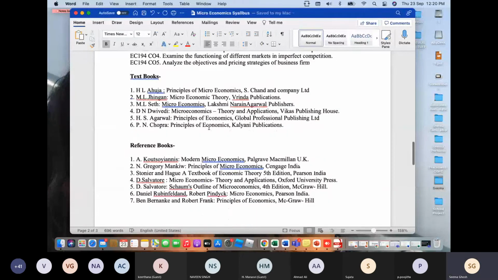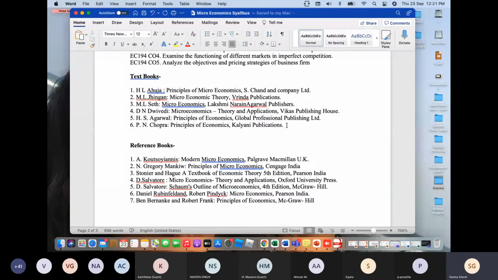Students, this is the textbook and the reference books. Depending upon your requirement, you can buy the textbook. The textbook that we usually follow is P.N. Chopra, Principles of Economics, by Kalyani Publishers. This is the book we follow, and that book more or less can also be utilized in the first and second semester. And as I told you before also, for every topic I will also be sending you the written material in the form of PPTs, which I will upload in the Google